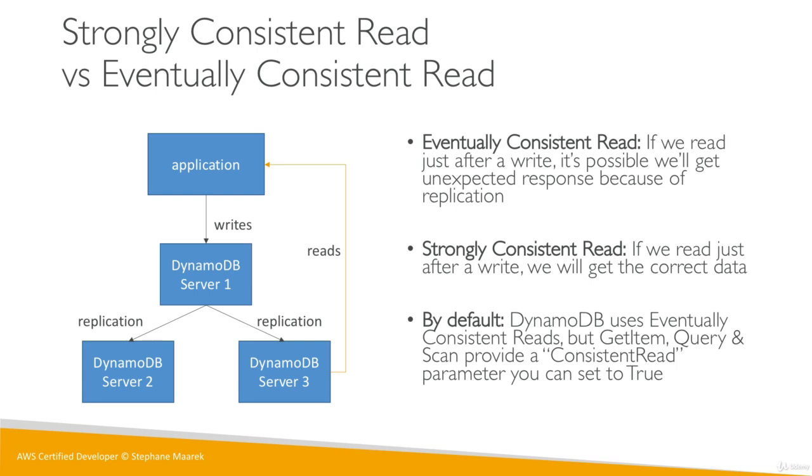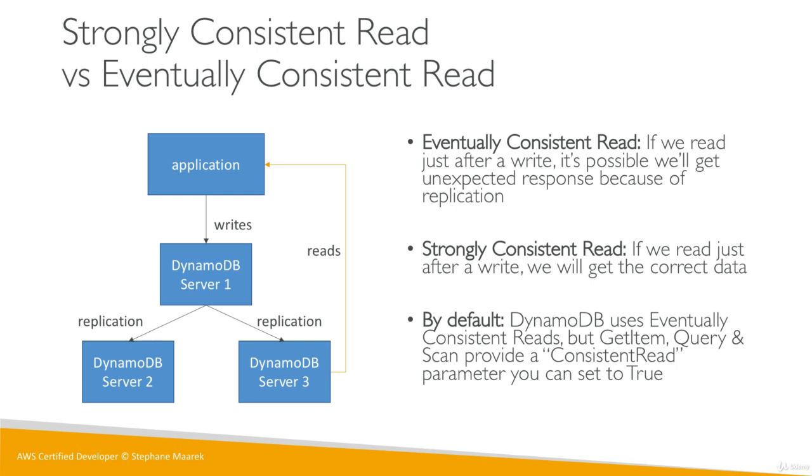And here, for example, we read from server 3. We don't know where we read from. It's just, again, illustrative. But so if the reads happen before the replication, we'll get an eventually consistent read. But if we ask for a strongly consistent read, then the read will just be a little bit longer, but we'll get a strongly consistent read. And so we see how when we have a distributed system, we have two kinds of scenarios that can happen.